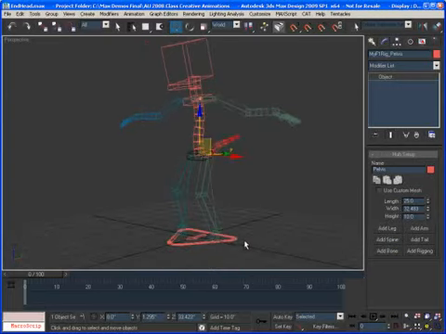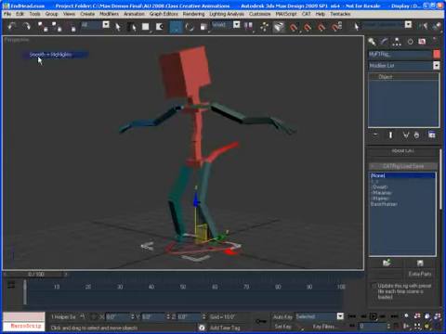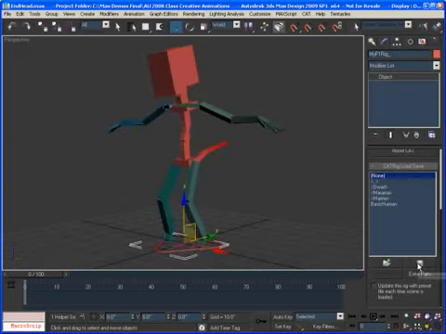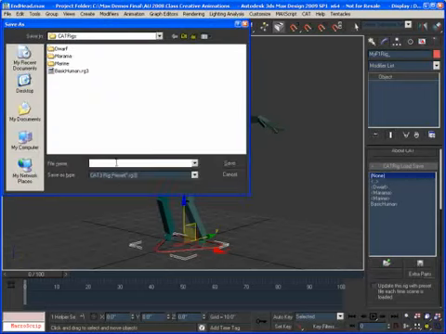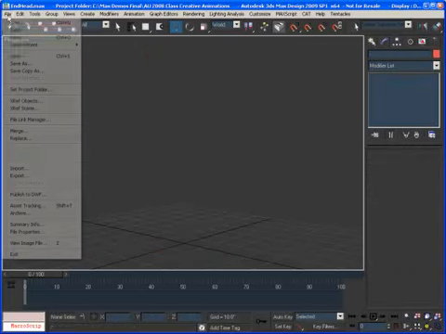Let's say that we're happy with that. I'm going to go to the root, to the parent node, and when you've got the parent node, I'm just going to go and smooth and highlight. You can save this rig, so I'm going to save that and call that area rig. And now we've got area rig inside of our presets. So if I grab this and delete this, and I reset the scene,